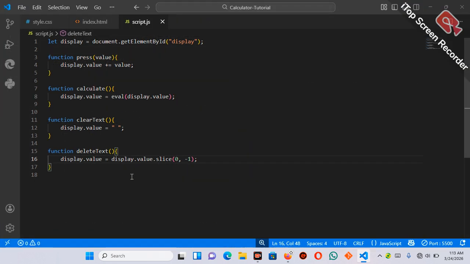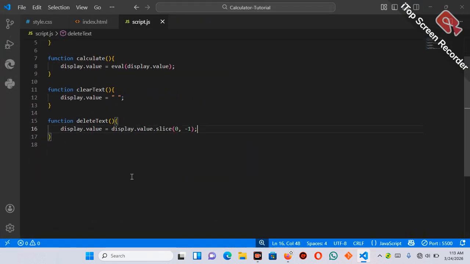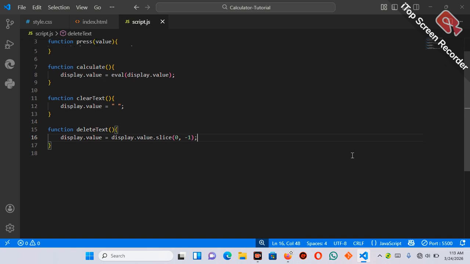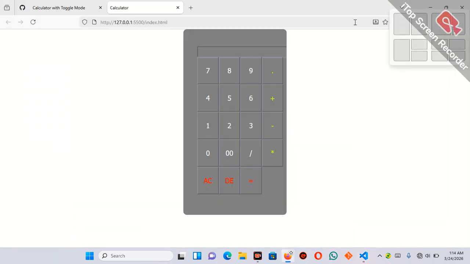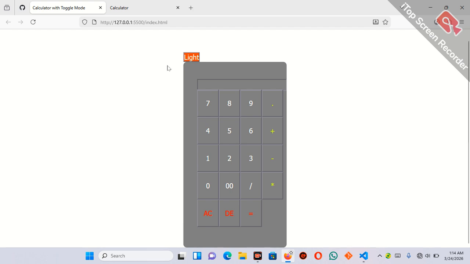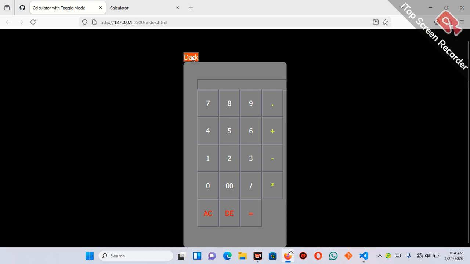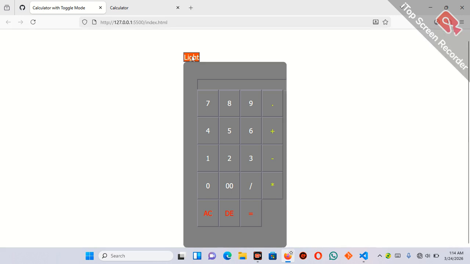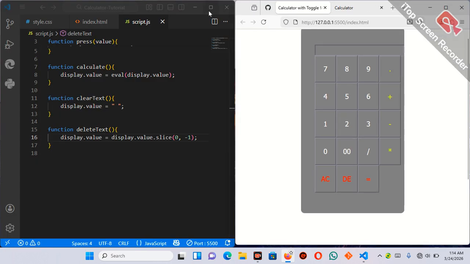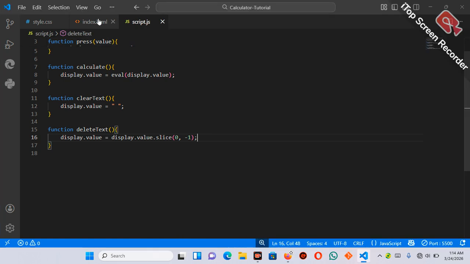Now, what's next? We want to add our toggle mode. We add a toggle button to switch between light mode and dark mode. This will help us change the background and text color when clicked, whether to change to white for light mode, like this calculator. This is light, change from dark to light. So we can achieve this by going to our index.html